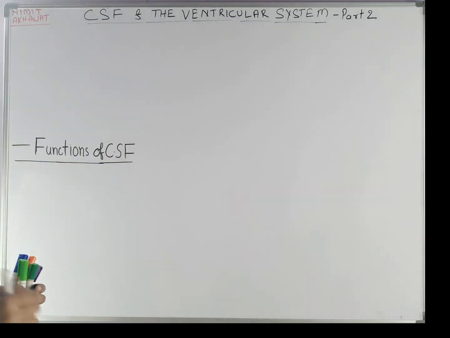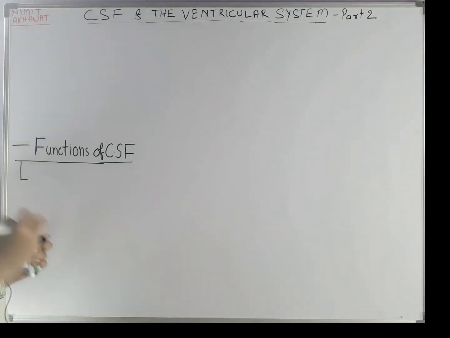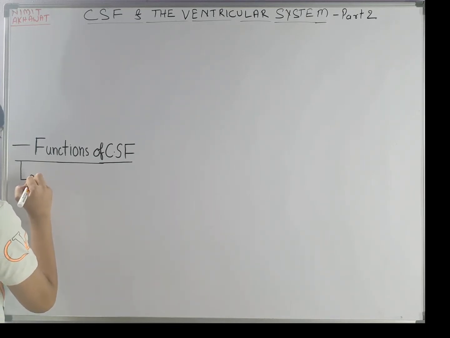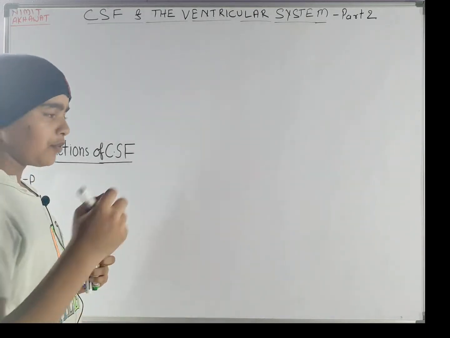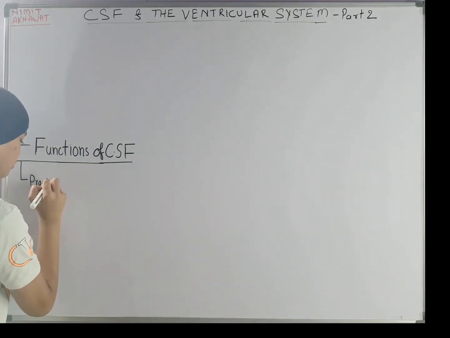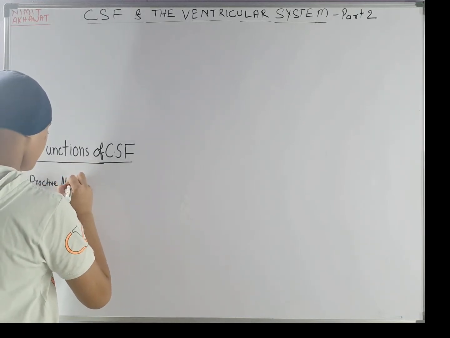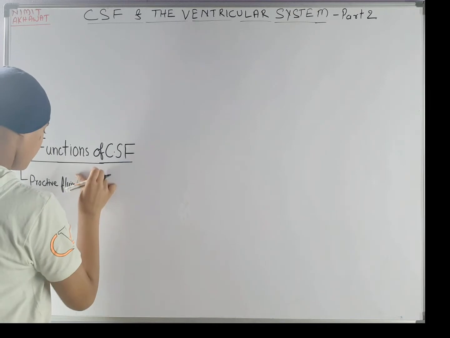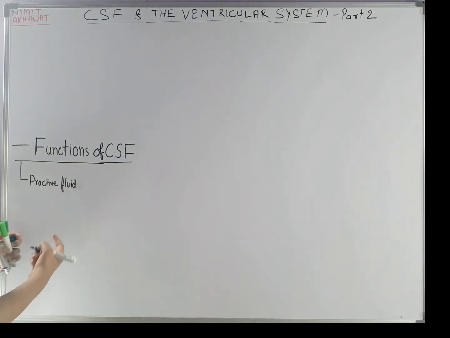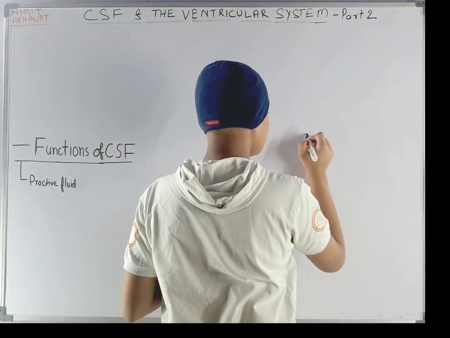So the first function of CSF is to protect our central nervous system, or act like a protective fluid. For example, if I draw a lateral view of our face,